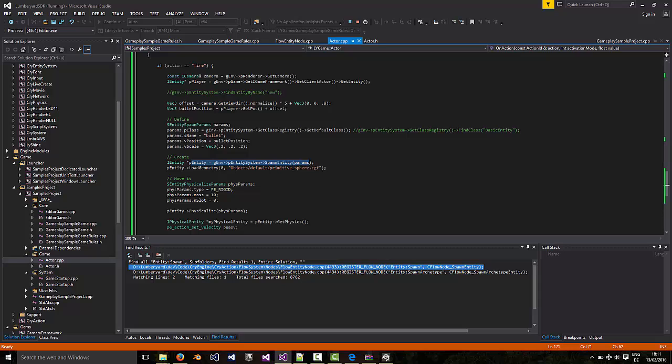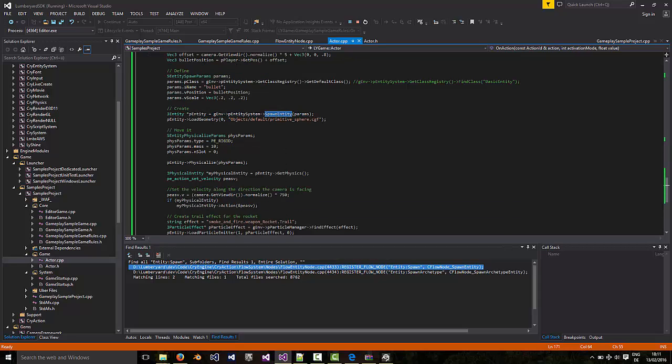The key line here again is the spawn entity line, and then to move the projectile once it's been spawned. So if I just added the code down to this line and didn't add this code here, then the bullet would be spawned but it wouldn't move. So to move it, we need to physicalize the entity using this line here, and we do so with certain parameters. So for example, we give it a mass of 10,